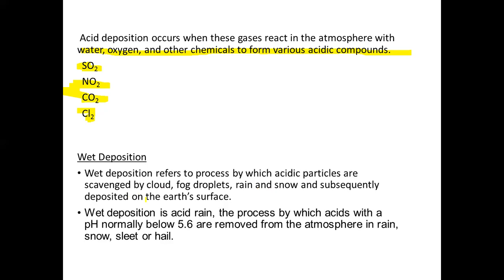Then wet deposition, simply we can say acid rain, is the process by which acids with a pH normally below 5.6 are removed from the atmosphere in rain, snow, sleet or hail. So wet deposition is formed when sulfur dioxide and nitrogen oxide, as gases or fine particles in the atmosphere, combine with water vapor and precipitate onto the surface as sulfuric acid or nitric acid with rain, snow, fog, sleet or